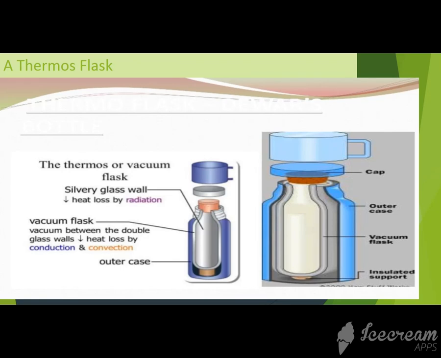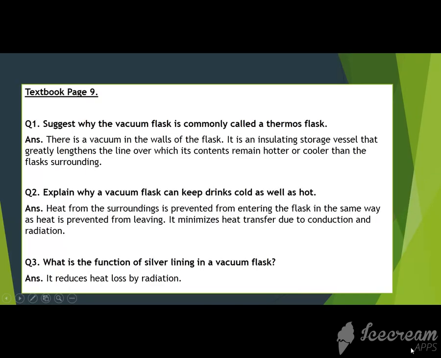So in the previous lecture we discussed this diagram. This is basically a vacuum flask's internal structure. A silvery glass wall is present which prevents heat loss by the process of radiation. This is the cap, this is the support of the flask, and this is the outer cover. Now today we will also do textbook question answers which are given on your page number 9. Question 1 is, suggest why the vacuum flask is commonly called a thermos